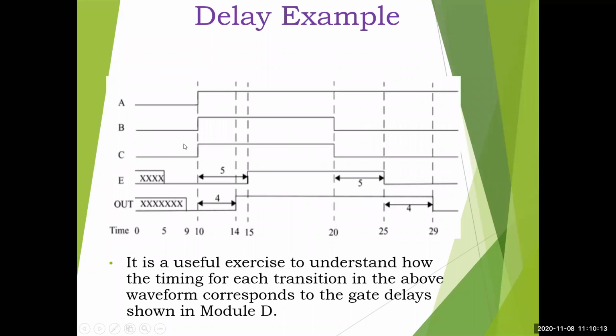So this is the waveform. This is how we will see it in the laboratory experiments, because of the tool we can visualize all the inputs. Initially we have given the values A, B, C as 0, till the 10 time units. Initially we have given 000. Because of that, the gate has a delay of 4, E has a delay of 5, and out has 5 plus 4, which is 9. The AND gate has a 5 delay, and out has 5 plus 4, 9.